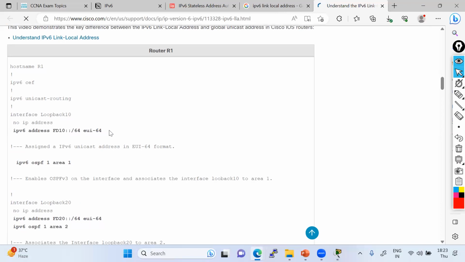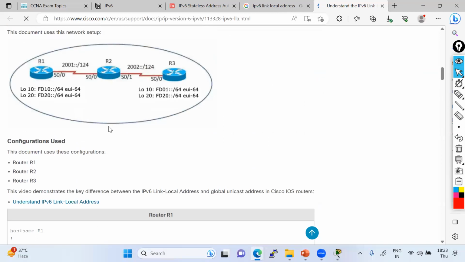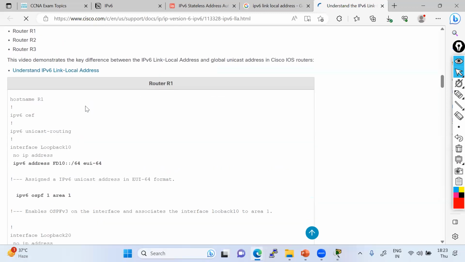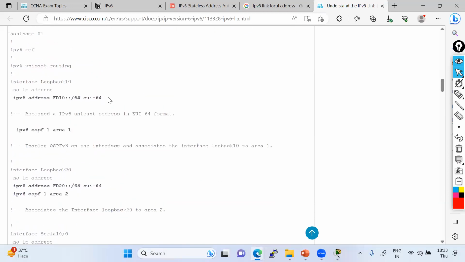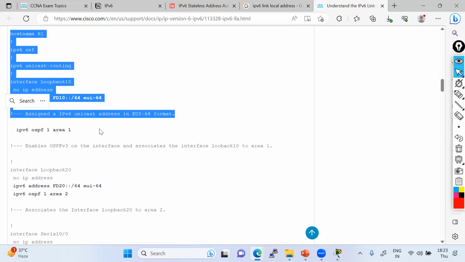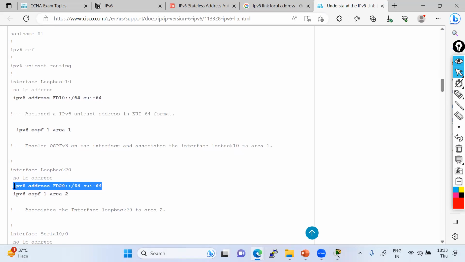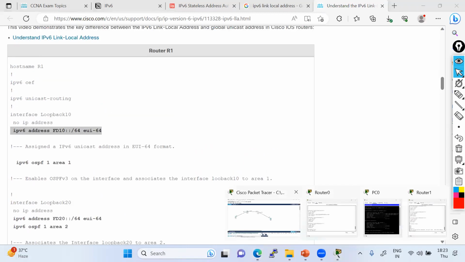Okay, so this is the link local address. We have to assign this address, and by assigning this address, we can calculate the different address. So let me just use this one for just testing purpose in my lab.